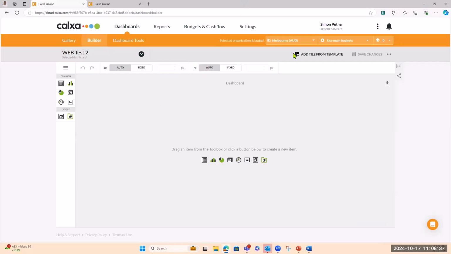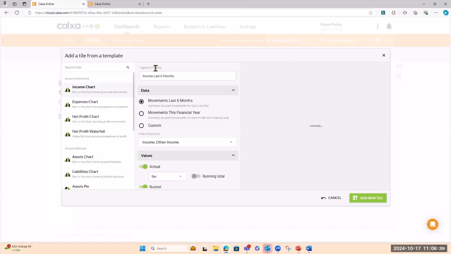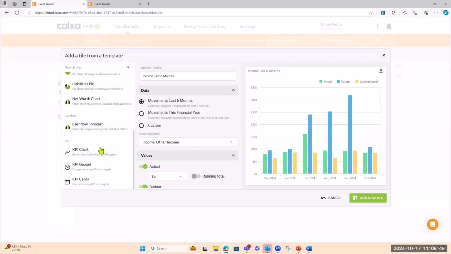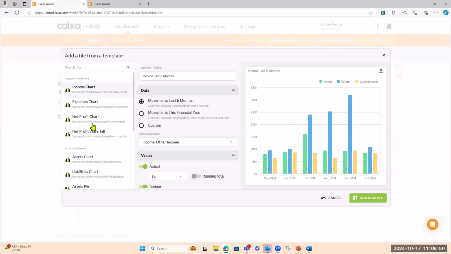So let's add a tile from a template. Okay, so I have a bunch of templates available here to me: account movement templates, account balances, so your balance sheet type items, cash flow, KPI type charts, etc. We're just going to pick this one to make it easy, and we're going to call it income for the